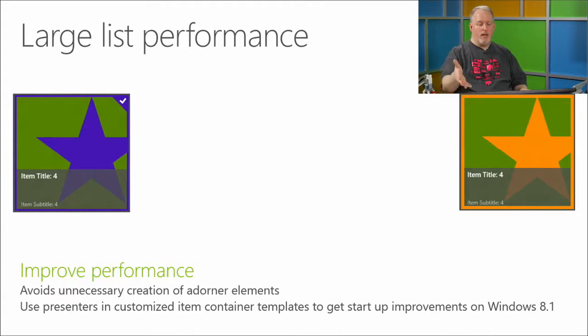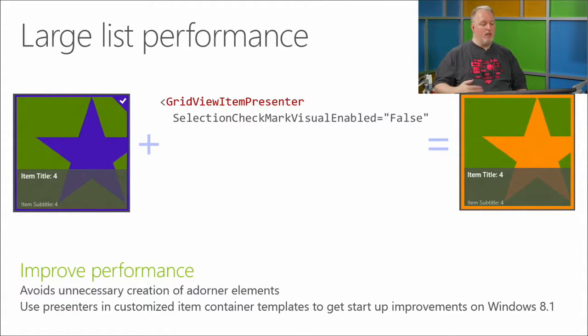But maybe what you really need is a subset of that. You don't need all the stuff in the middle. So what you can do is use this new grid view item presenter, which is a class that we have created. Now what this does is, instead of you having to have a tree of XAML elements to represent all of the different kind of Chrome that goes around the list view items, we paint that using lower level functions, right? Now that is not quite as flexible as using your own data templates, but at the same time it's